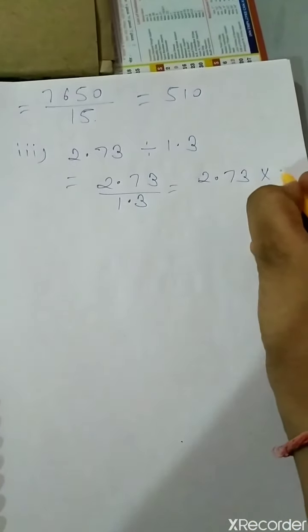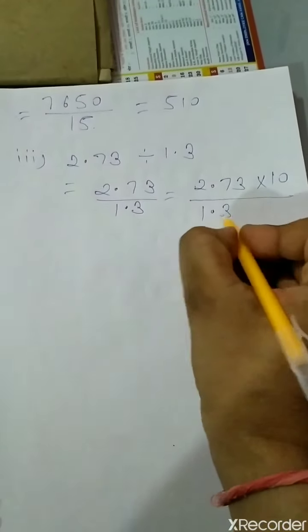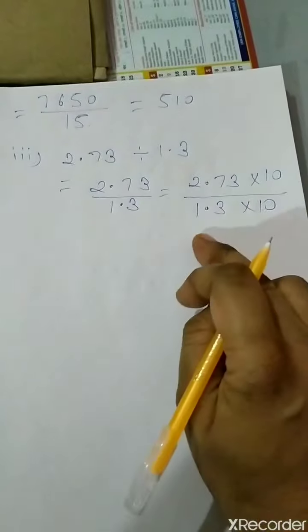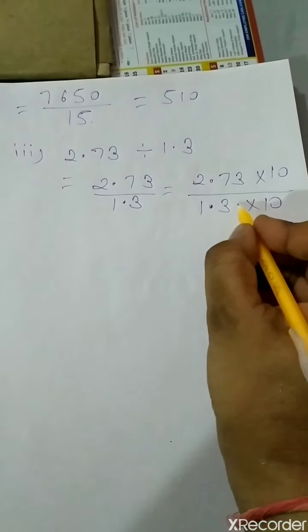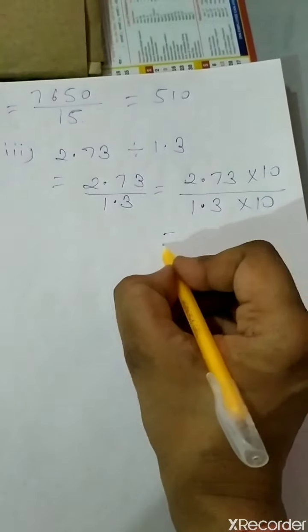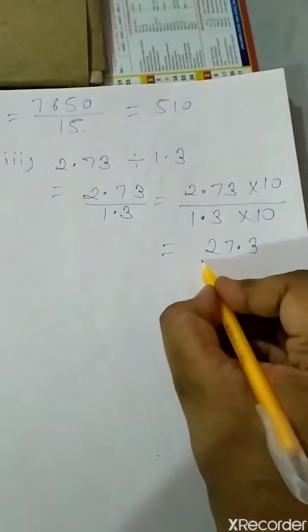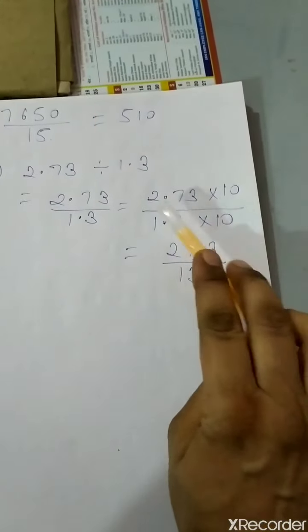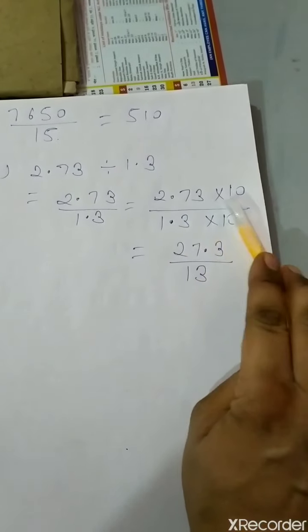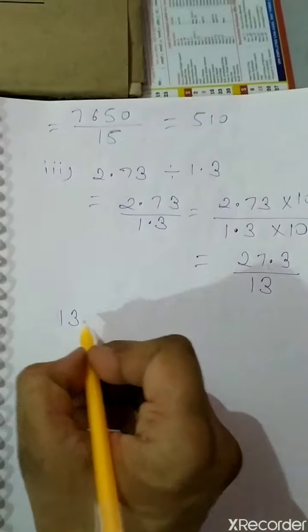Multiply the numerator 2.73 by 10 and the denominator also by 10 to convert the denominator into a whole number. The decimal point will shift one digit to the right, converting it into a whole number. So this will be 27.3 by 13, because when multiplying with 10 the decimal point moves towards the right side. So now you will divide this